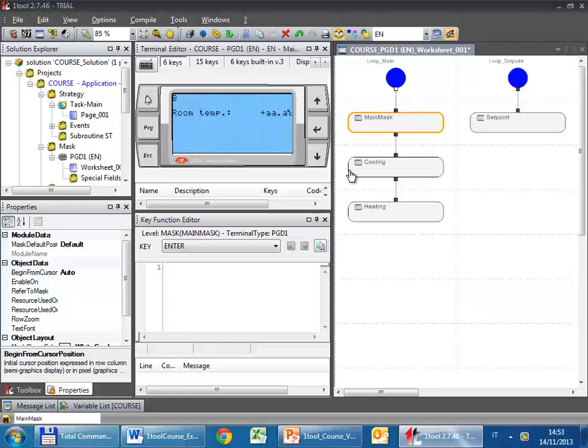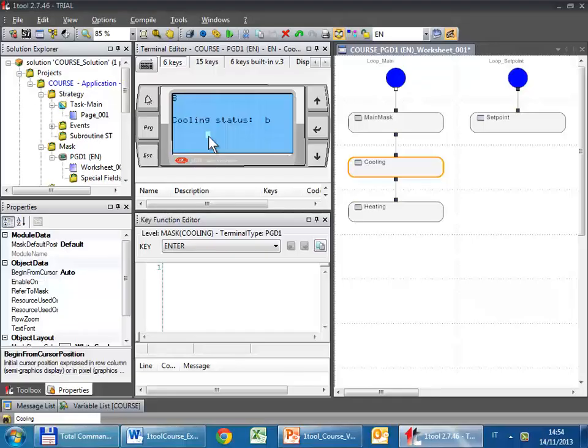Just imagine installing this project in a unit to sell in Siberia or Alaska. In that unit, probably the cooling device is not installed. But even if the cooling device is not installed, the user can enter this mask and see information regarding a device that is not installed, as well as the relay number 1 is busy even if the device is